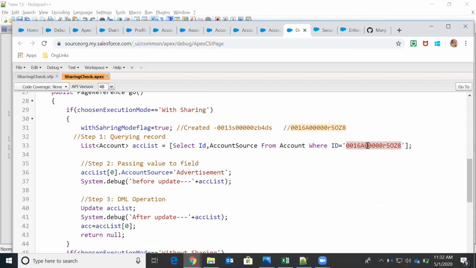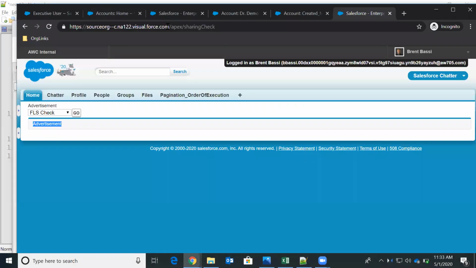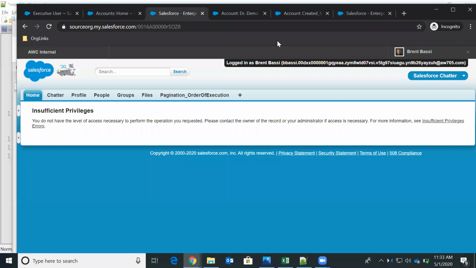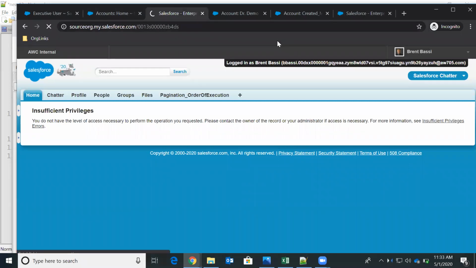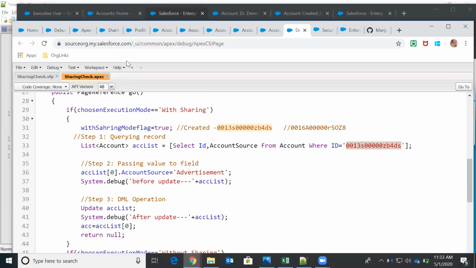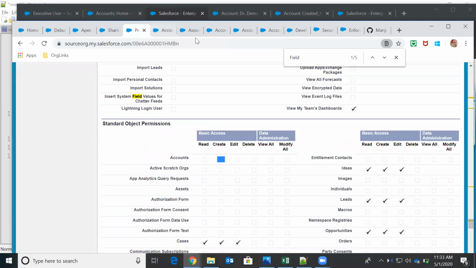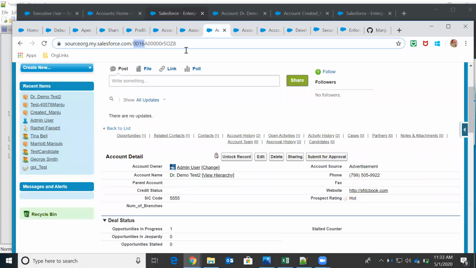I'll try to open this record here. As this user, we don't have permissions at profile level, and so that's why we are not able to see the record. But I'll try to open the same record here.